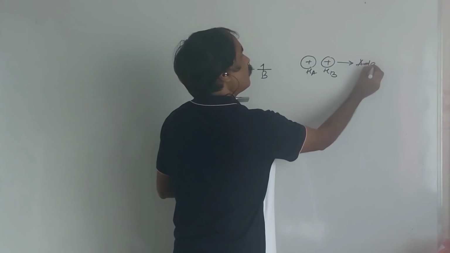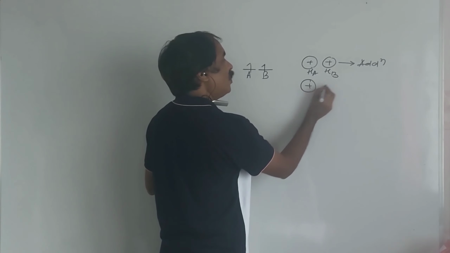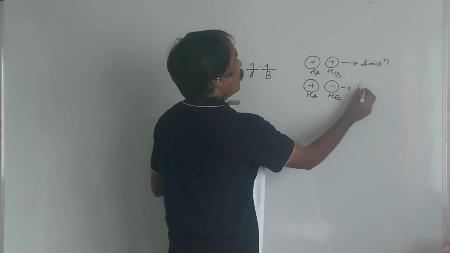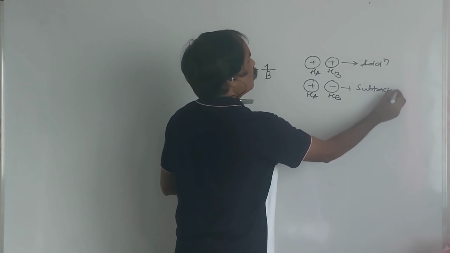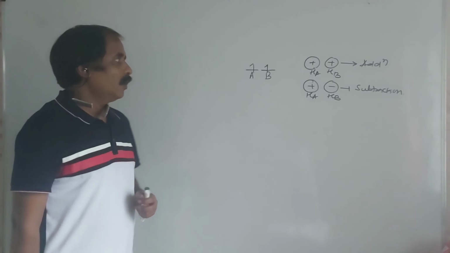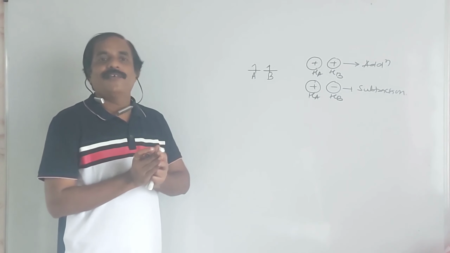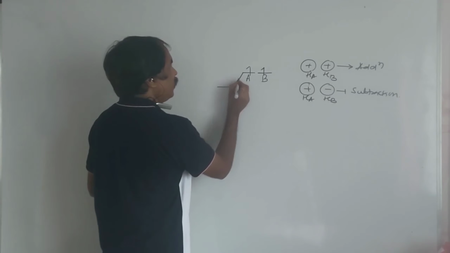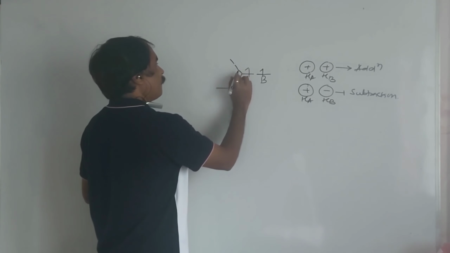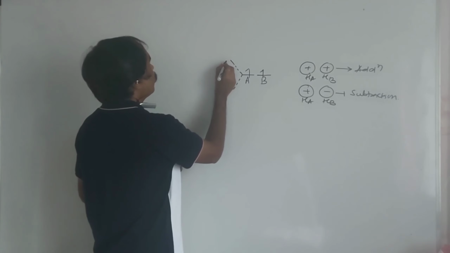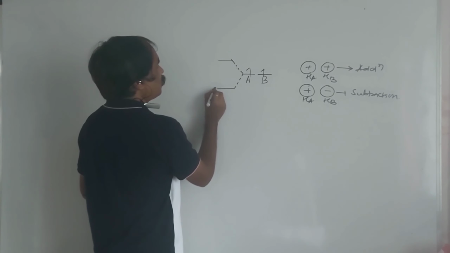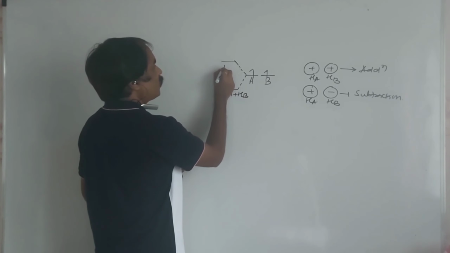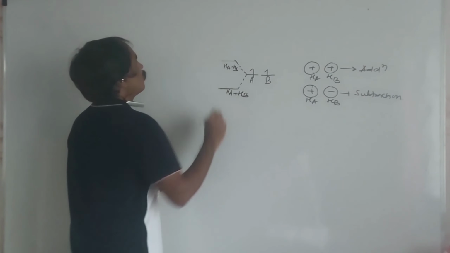This is addition. And when the sign of the wave function is different, this is HA and this is HB, this is subtraction. And we know that when wave functions are added, potential energy decreases. So I will show addition here and subtraction here. Here it is like this. This is addition, that is HA plus HB, and here it is HA minus HB. Like this.